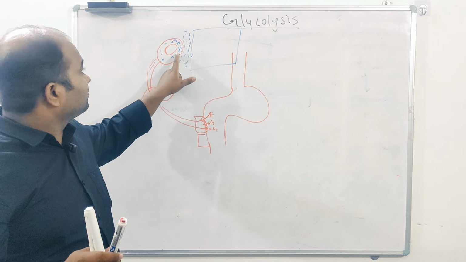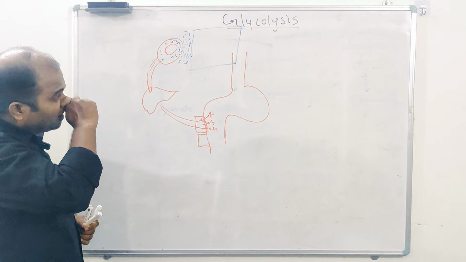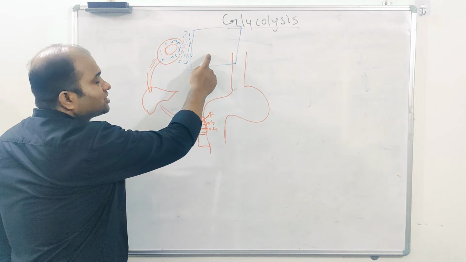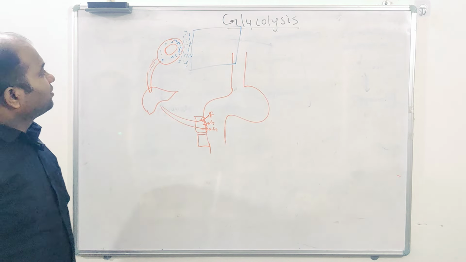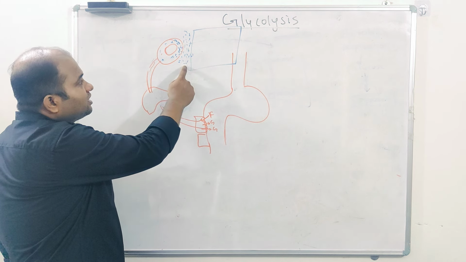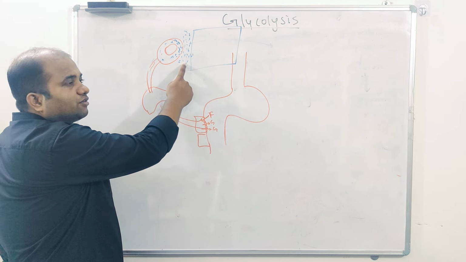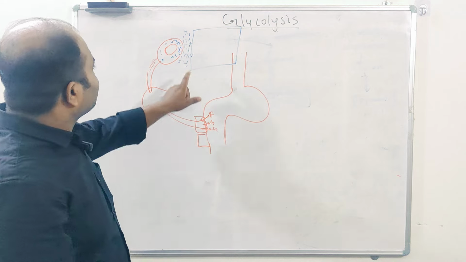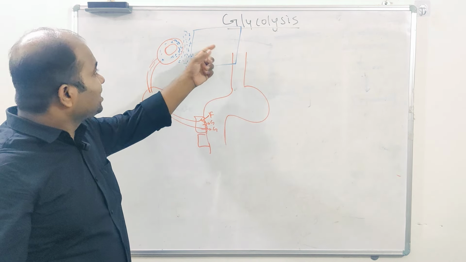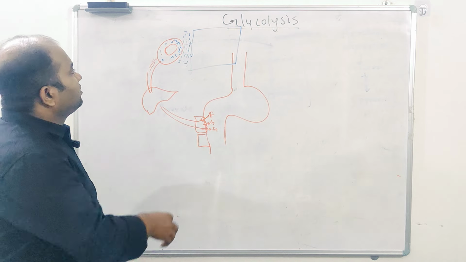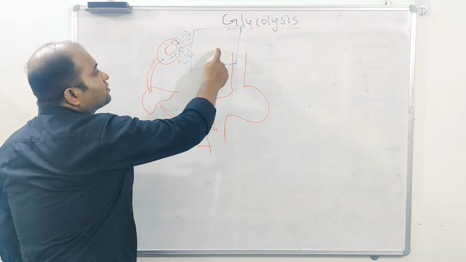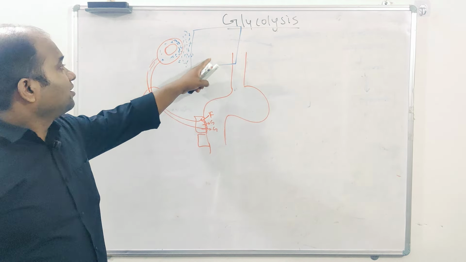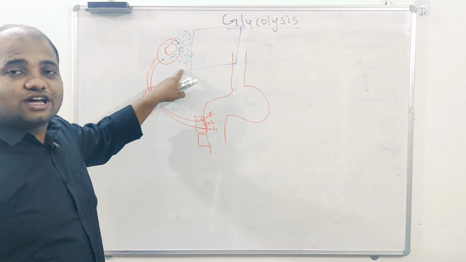Okay, this is the first thing. Now tell me the second thing. When you compare the glucose concentration in the interstitial space and the glucose concentration inside the cell, intracellular, which one will be more? Extracellular is more as compared to intracellular, because the cell needs glucose and is always utilizing whatever glucose is there. So the concentration of glucose inside the cell will be low as compared to the concentration of glucose outside the cell.